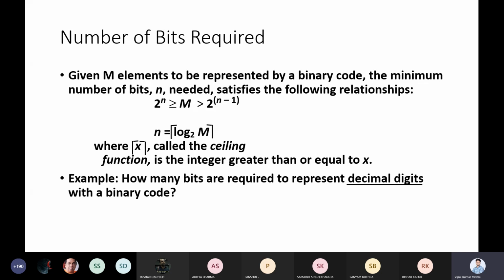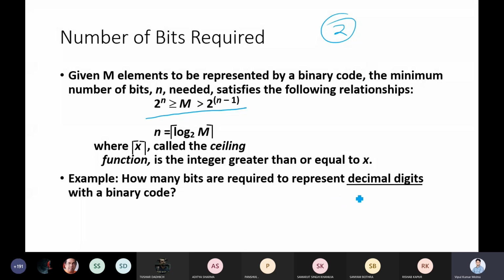How many bits are required to represent a number in case of binary? As we have already seen, for binary numbers the base is 2, so everything comes from 2, right? So if your number is between 2 to the power n and 2 to the power n minus 1, then you require n bits to represent that number, right? So this n is coming from there. So let me take one example. I think from theory some might be confused. Let me take some example.